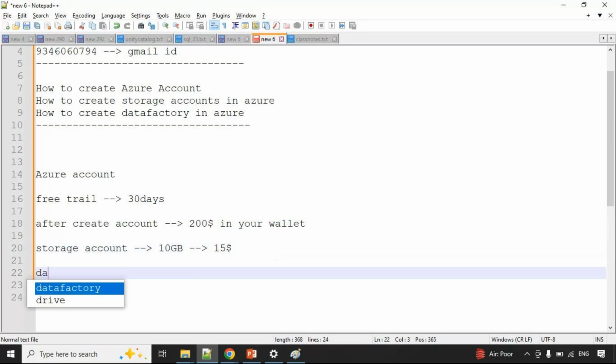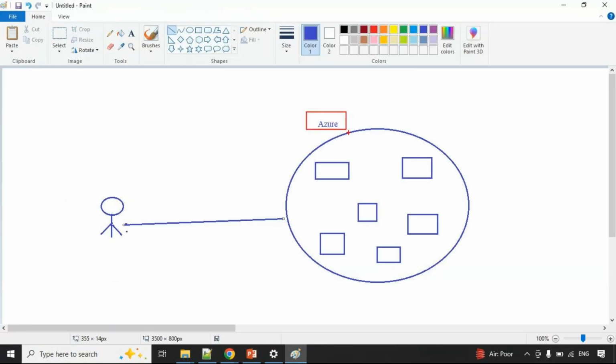For suppose I implemented Data Factory pipelines. I get the data from any source to the Gen2 lake. For suppose I have Oracle data, and I implemented a pipeline to get the data into the cloud environment. For this, the charges are $5. Consider this charge will be deducted from your wallet. Now, how to create an Azure account, I will tell you. Azure provided a free trial whose validity is 30 days. Whatever amount they provided, we can use it for some services in Azure.